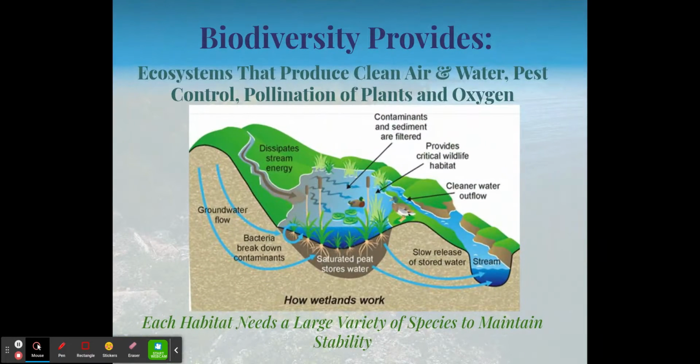Biodiversity provides ecosystems that produce clean air and water, pest control, pollination of plants, and oxygen. Each habitat needs a large variety of species to maintain stability. In the infographic, it has how wetlands work. Each habitat needs to have a large variety of all different species. And when biodiversity gets low, all those things such as clean air and water, pollination of plants, and oxygen are